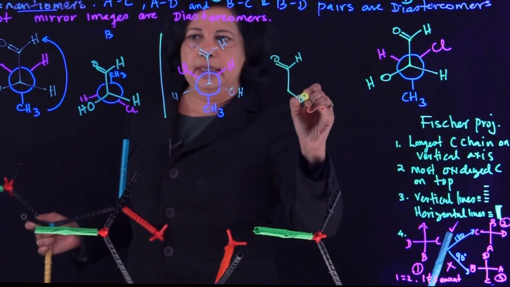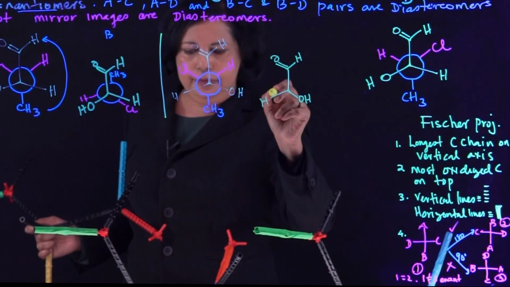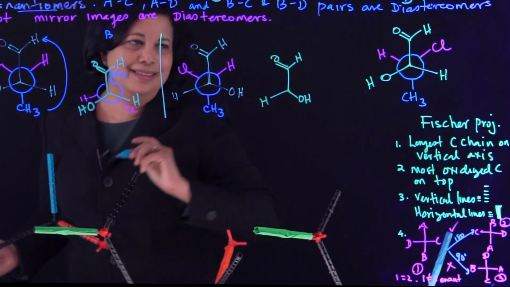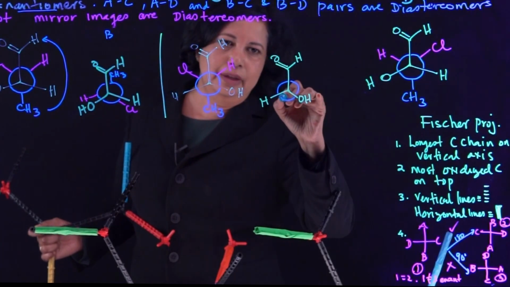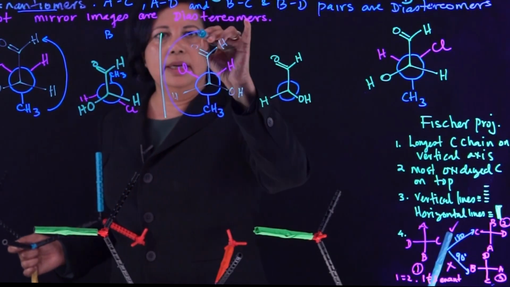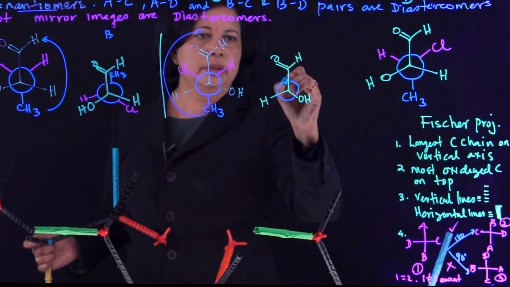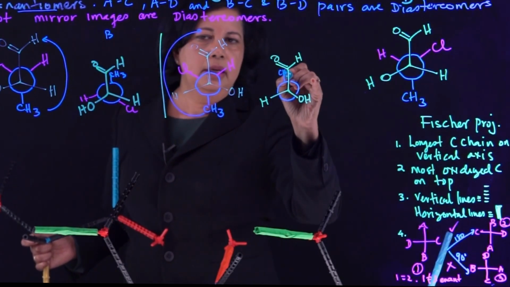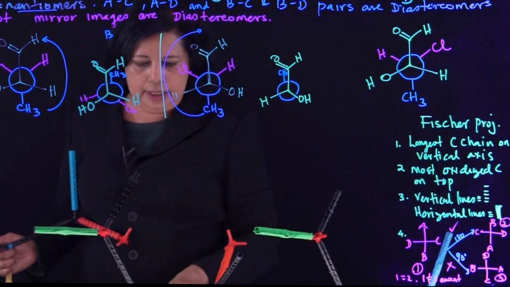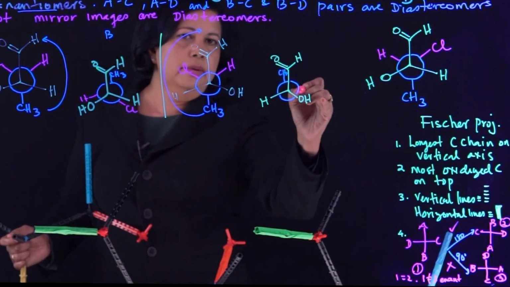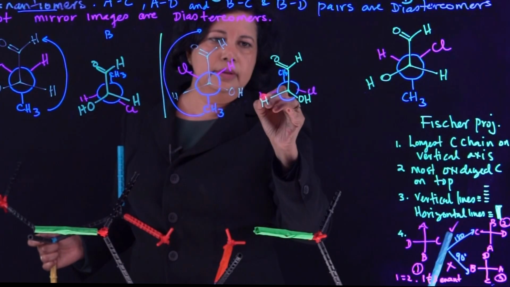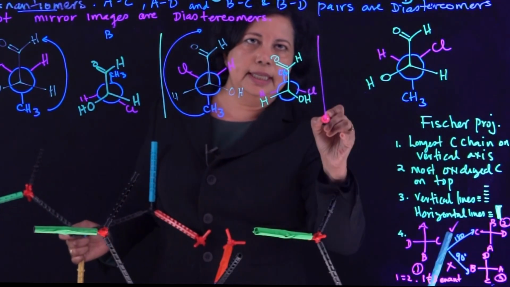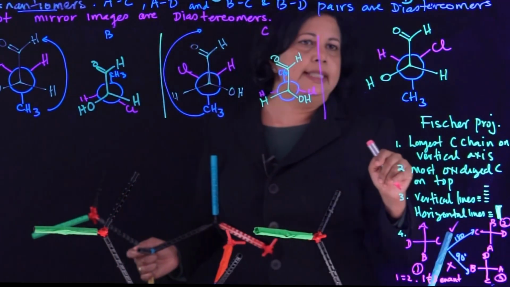So we'll keep the front the same as we said before multiple times. Sorry for repeating everything. All right, so over here, you're going to take this methyl, go up here. So the methyl is going to be pointing up. Everything goes 180. Chlorine comes over here. Hydrogen comes over here. Good, that's C. D,